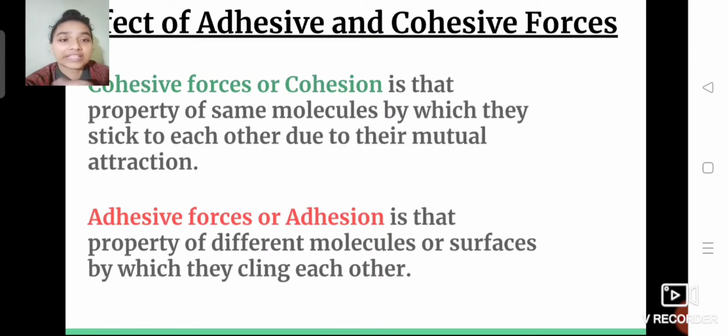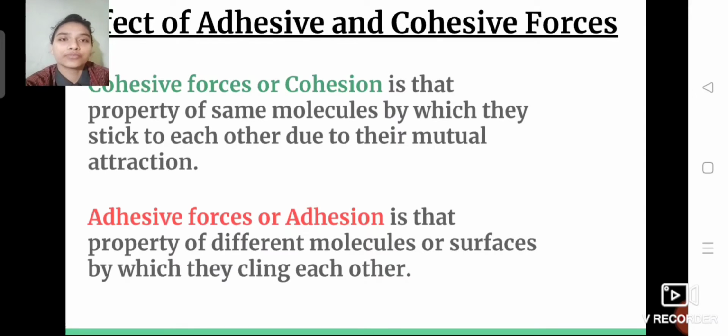Now what are adhesive forces or adhesion? Adhesive forces or adhesion is that property of different molecules or two different surfaces by which they cling to each other. For example, whenever we pick out the water from some container, a few droplets stick to the wall of the container. So the force between those droplets of water and the wall of the container would be known